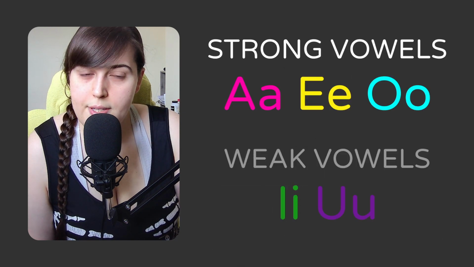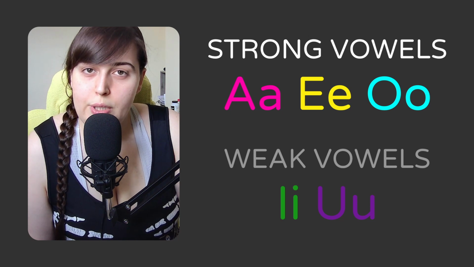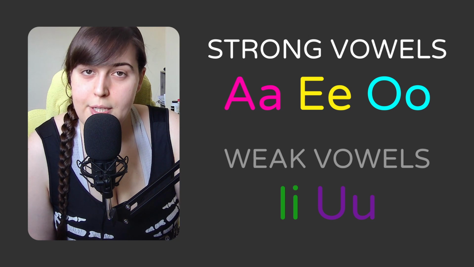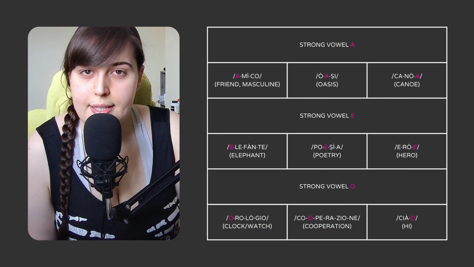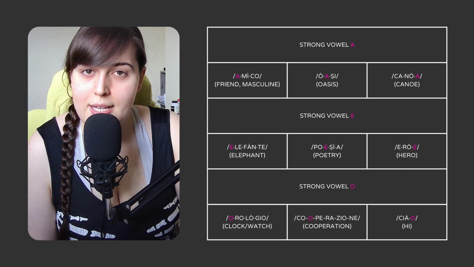The strong vowels are A, E, and O, and they owe their name to the ability to form a syllable independently, without additional letters. Specifically, you can find the standalone strong vowel at the beginning, in the middle, or at the end of words. Let's see some examples. We can have A as a standalone syllable at the beginning of a word, for example, amico, a-mi-co. In the middle of it, for example, oasi, o-a-zi, or at its end, for example, canoa,